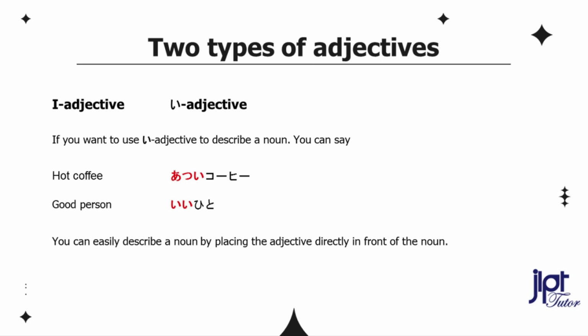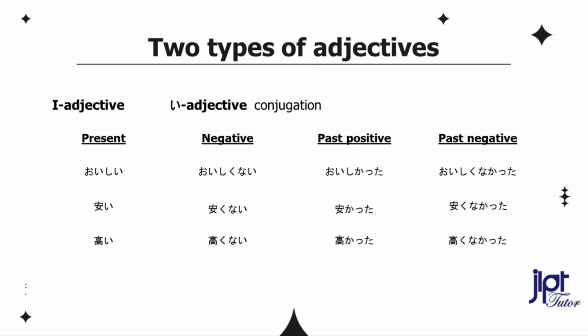Next, here are some basic tips to help you master Japanese adjective conjugation. Negative. To make the i adjective negative form, drop the い and add kunai to the stem. Not delicious. 美味しくない。 In order to turn the i adjective into past tense form, drop the い and add katta to the stem. It was delicious. 美味しかった。